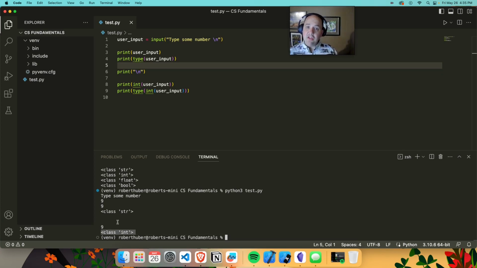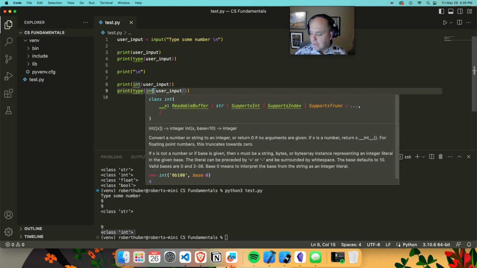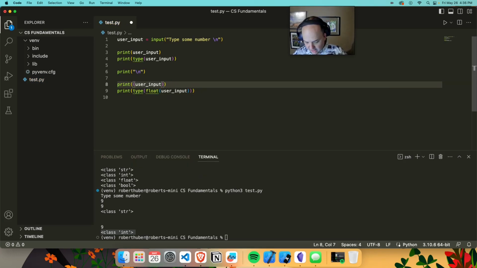Okay, so we changed the class of the value by passing it through this int function. And what this int function is, it's actually a constructor. It will construct, it'll create an integer based on input. In this case, the input is a string. The string is 9, but it can do it with other things too. And we can do not just integers. We could also theoretically do it to a float. And it would be interesting to see how this changes